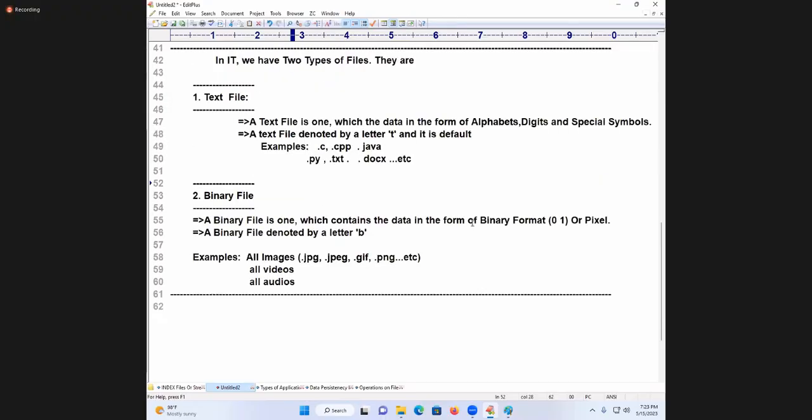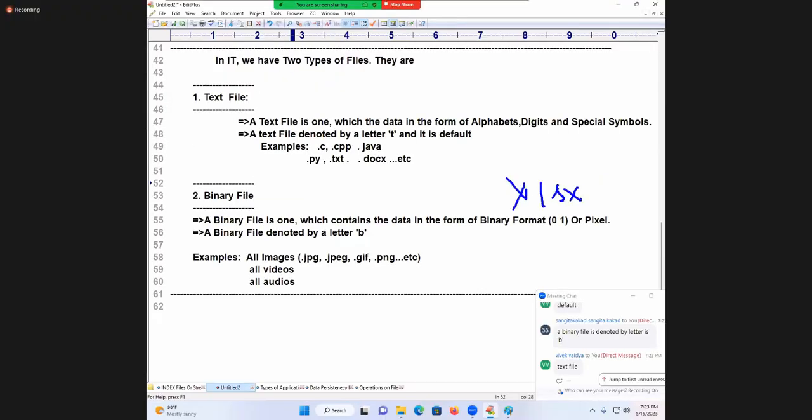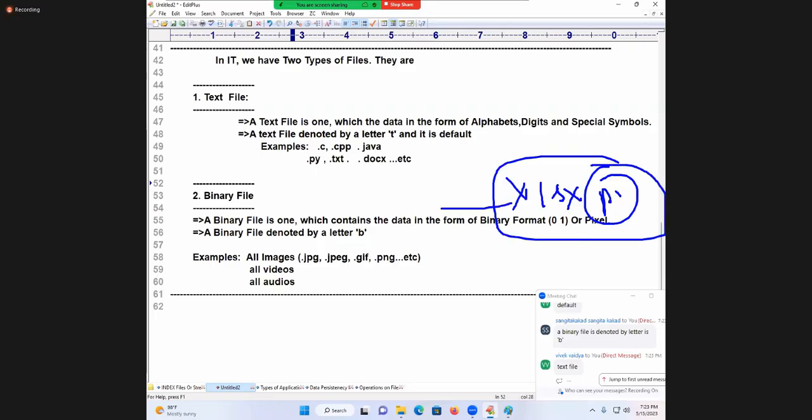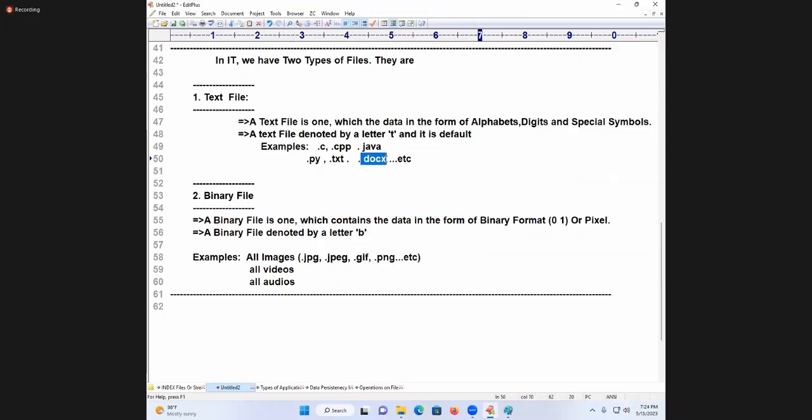Suppose I am writing one Excel sheet, an XLSX, which contains one pie chart. What is that file called? Binary. Any image is there. Any pie chart is also an image or not? That is called which file? Only an MS Word document, no images. Which file? An MS Word document with some image. Yes, a PDF file with images. A PDF with no images. That's all. You take anything and then decide.